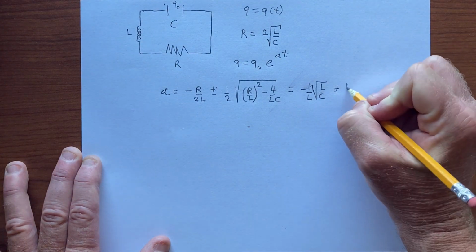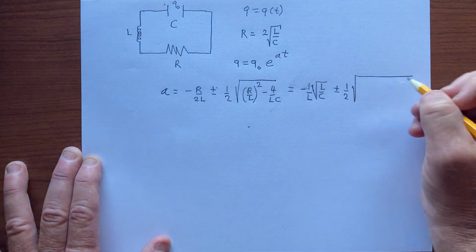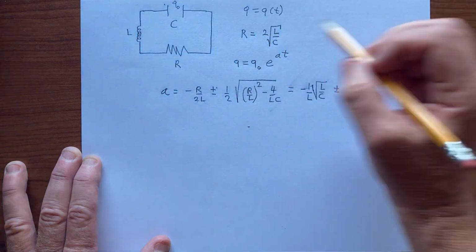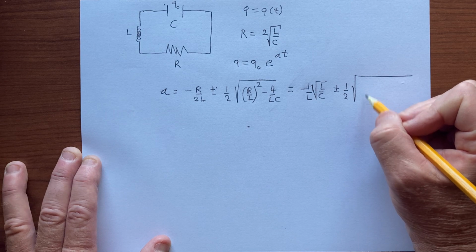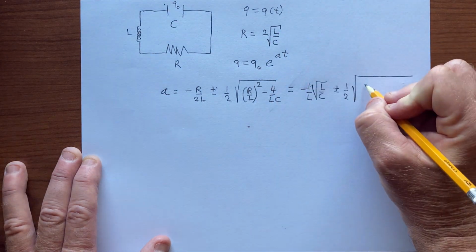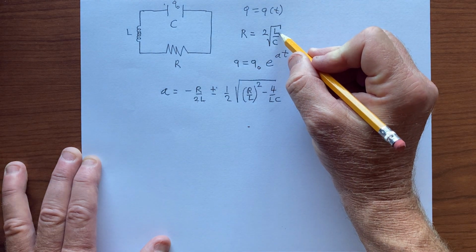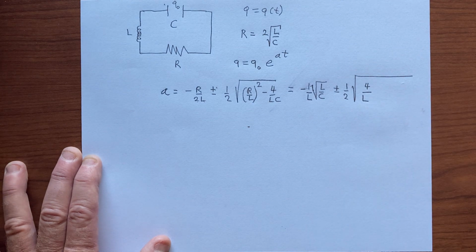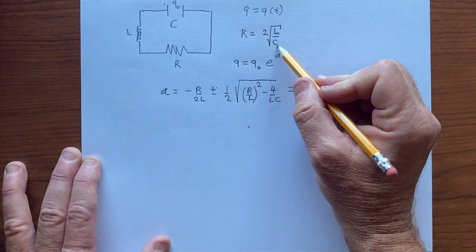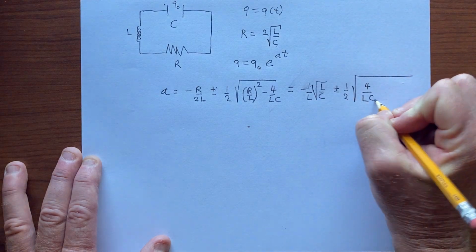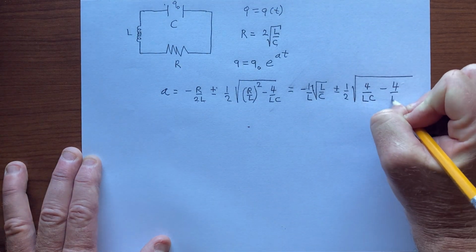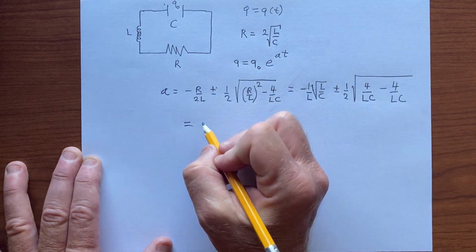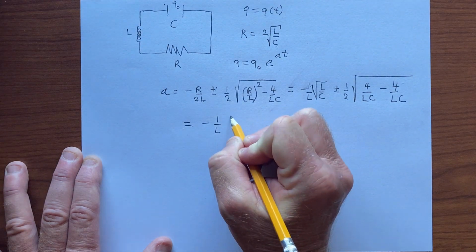Plus or minus 1/2 times the square root of (R over L) squared. So when we square this, we're going to divide that by L squared, but R squared is 4L over C. We get L by itself when we square this, but we have an L squared on the bottom, so we know we'll get an L on the bottom. We square the square root of C, that'll produce a C by itself on the bottom, and we have to subtract 4 over LC. And so we can see that A just has this first term,